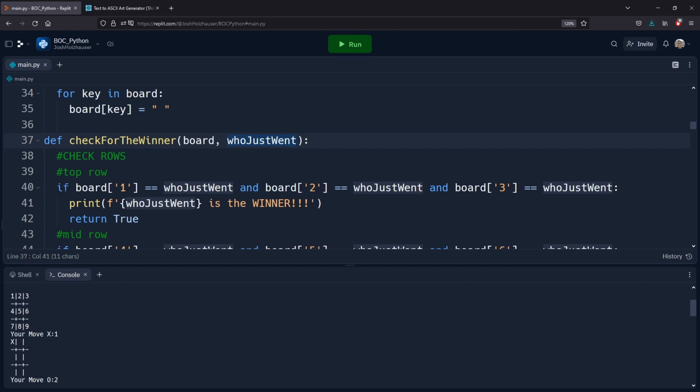For example, line number 40, we check the top row, 3 across. We check position number 1 on our board, position number 2 on our board, and position number 3 on our board. We do this in one if condition. We check if all 3 of these positions are equal to the current player. Let's just say X is the current player. If they're all equal to X, then we know that X has 3 across, so they're the winner. So we print to the user, the person who just went, that's the variable who just went, is the winner,